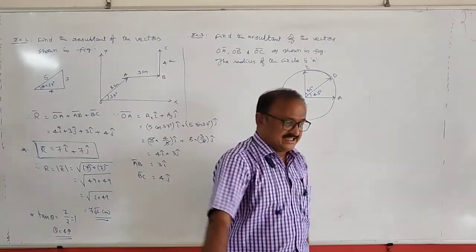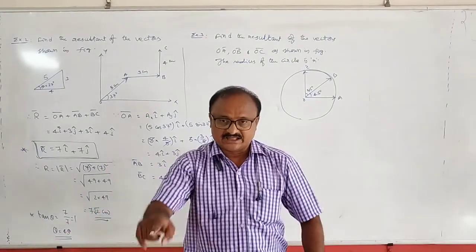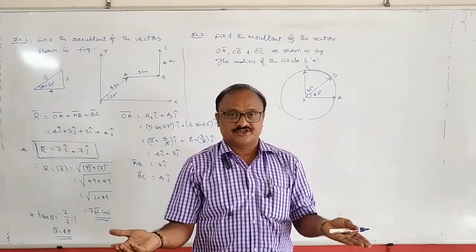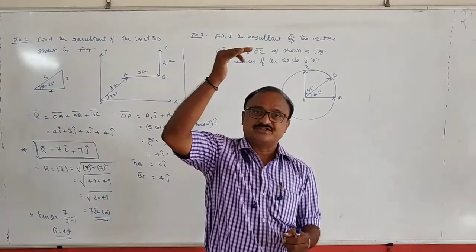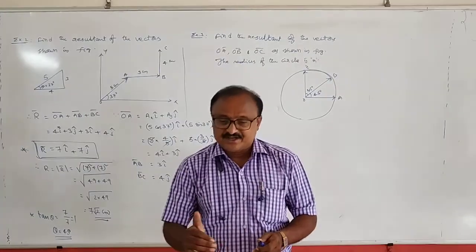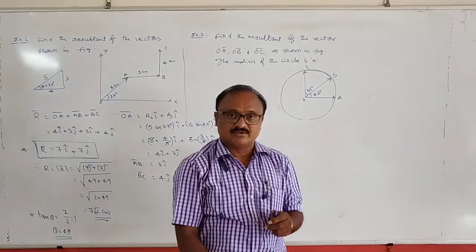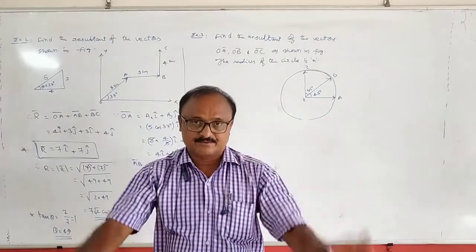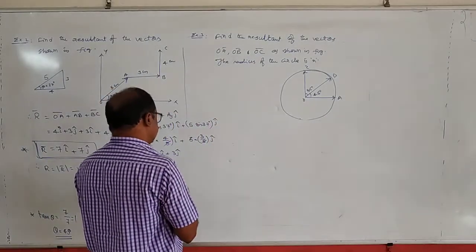East and west is taken on the x direction. North and south is taken on the y direction. Vertically up and down is taken on the z direction. Along the positive x, positive y and positive z, the unit vectors are i cap, j cap, k cap. Negative x, negative y and negative z; negative z means vertically downwards. Vertically downwards, unit vectors are taken as minus i cap, minus j cap and minus k cap. Remember the formulas. Next, there is a second question.